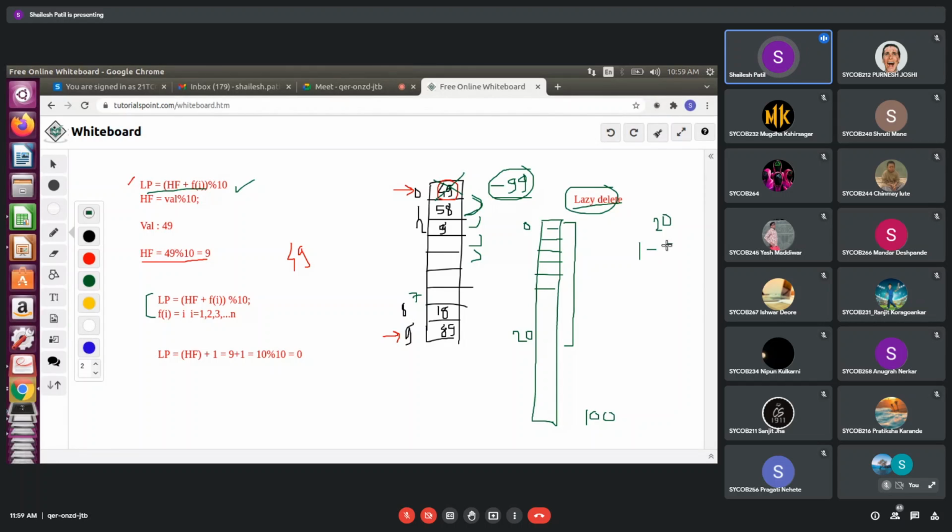Those which have hashing as 11, 21 like this. Now suppose there is one number that comes, say 7. That will not be placed at its actual position 7, it will be placed somewhere after 20. So 7 will be placed over here. This type of clustering means we are filling the elements in a sequential order. Getting what is the clustering we are getting in this example?